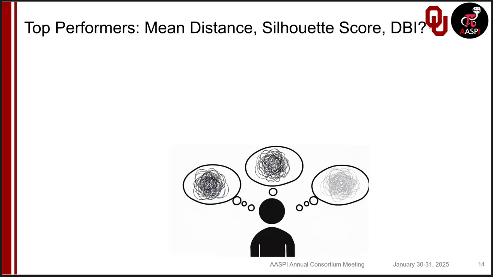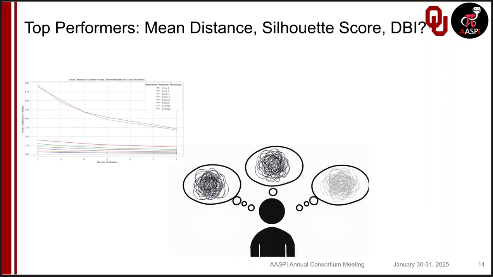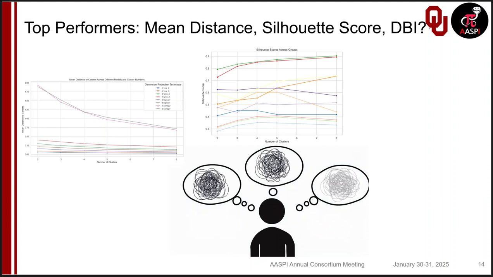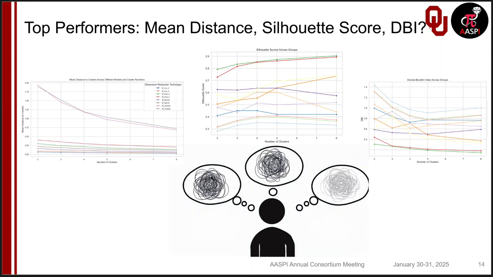When we take those metrics though, and we start to really try to think about the number of clusters that's going to be better, there are also still a lot of considerations. So we might start looking at each cluster and think, well, if we look at the distance to the centroid, look at that mean distance, maybe that's going to be the way that we evaluate number of clusters. Or we could use things like the silhouette score, we could use things like the DBI score. When we're looking at these metrics, we want to make sure that we're keeping in mind that it's not the highest number of clusters that's necessarily going to be best. We want to find a way to balance intra and inter cluster performance